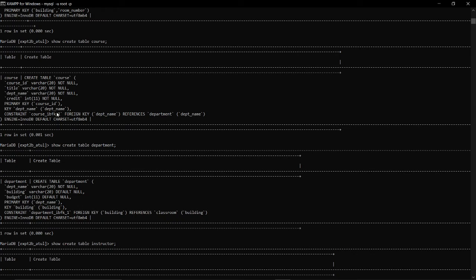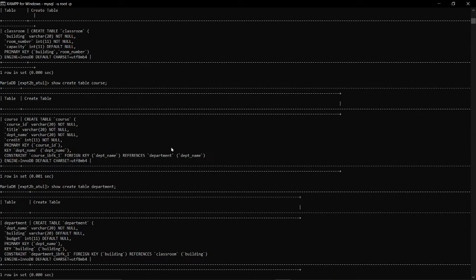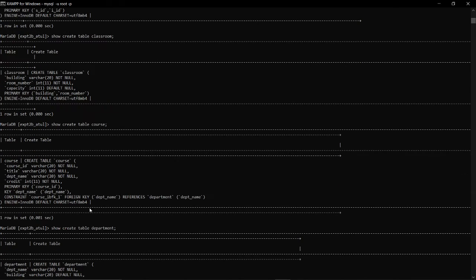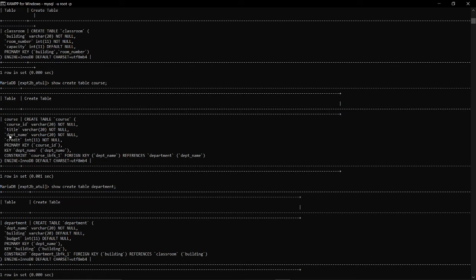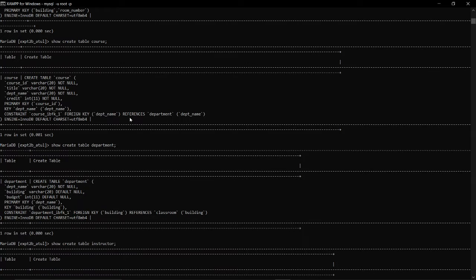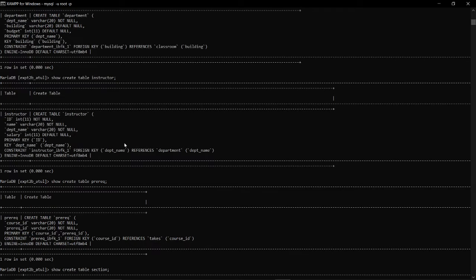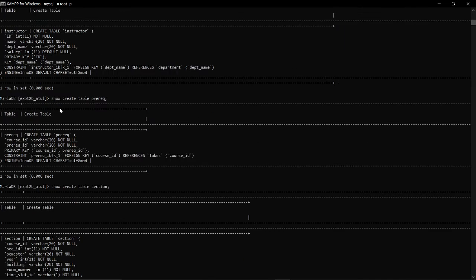Constraint: foreign key department name references department. So this department name is a foreign key which references the table department. Every table has a primary key, and two tables are related with a key known as a foreign key. So this is how I have created the tables.